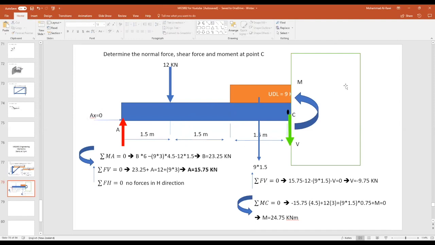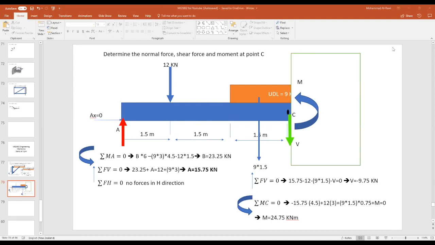Now, the second part of this question is to take a section. What I did is hide the information. I kept one of the ends, A till the point C, because we want to find the shear force at point C and the moment about point C. So on the paper, you draw everything till that point. Instead of the 6 meters, you draw it till 4.5 meters. And then you put the shear force V and the moment. And after that,